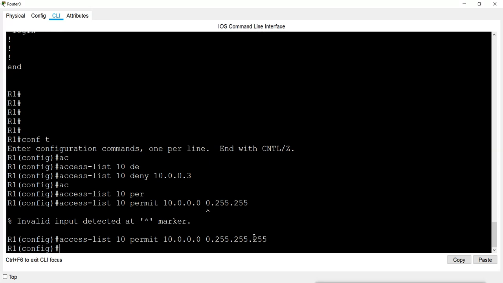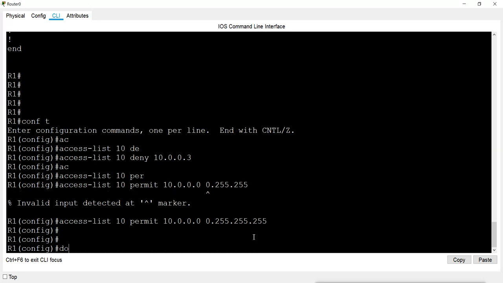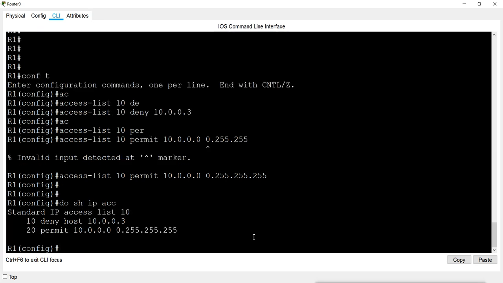Now the access list is done. This time I am denying only 10.3 and the rest of the IPs can do the translation.